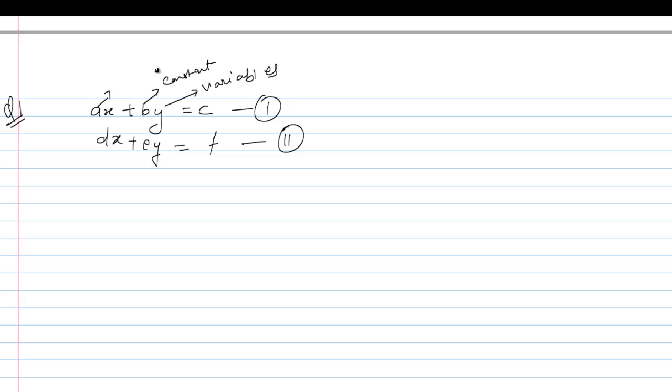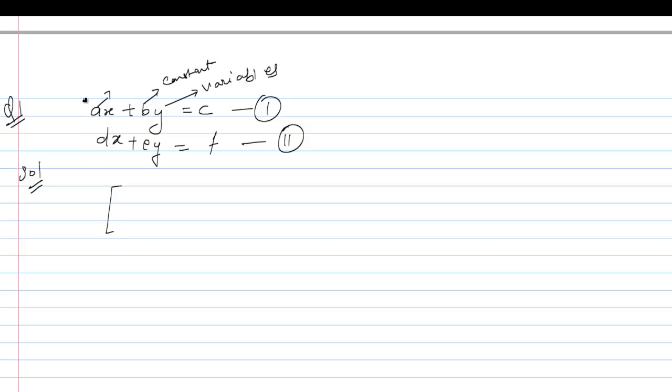But here I will discuss a new technique, which is the determinant method. I will solve for these variables using the determinant method. So how can we solve these types of equations by the use of determinants? Here are the steps. First, write these two equations in matrix form. How can we write that?